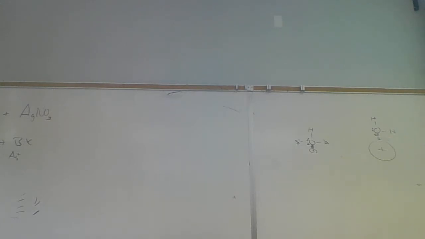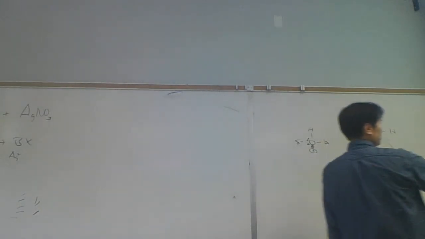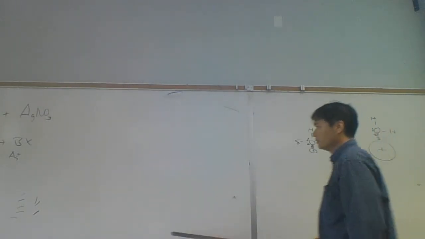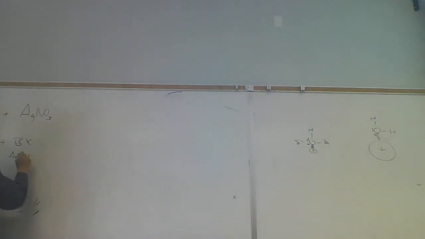No, silver ions are oxidizers. Silver ions are good oxidizers. Silver metal is a reducer, but we don't have silver metal. We have silver ions. Nitrate. Is nitrate a good reducer? No, nitrate's on the oxidizer side too. And the only other thing we have is,